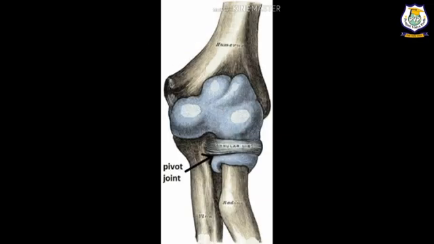See the diagram of pivot joint. The pivot joint is found between the first and the second vertebrae of the backbone. The skull is connected to the first two vertebrae of the vertebral column with a pivot joint. It allows the rotating movement from side to side. It allows both side to side and up and down movement.